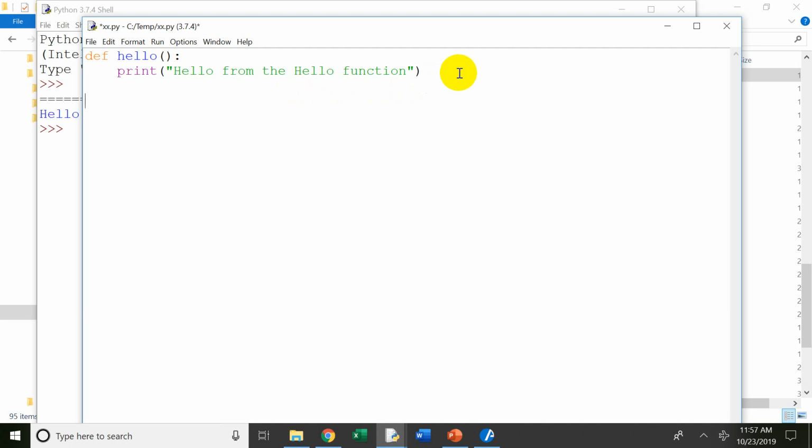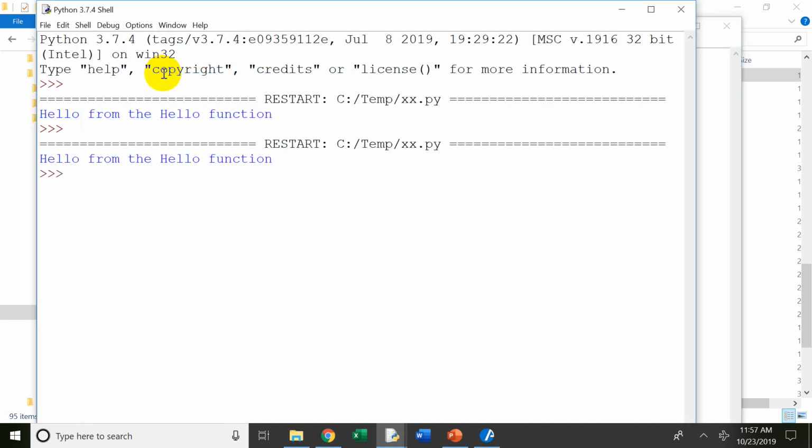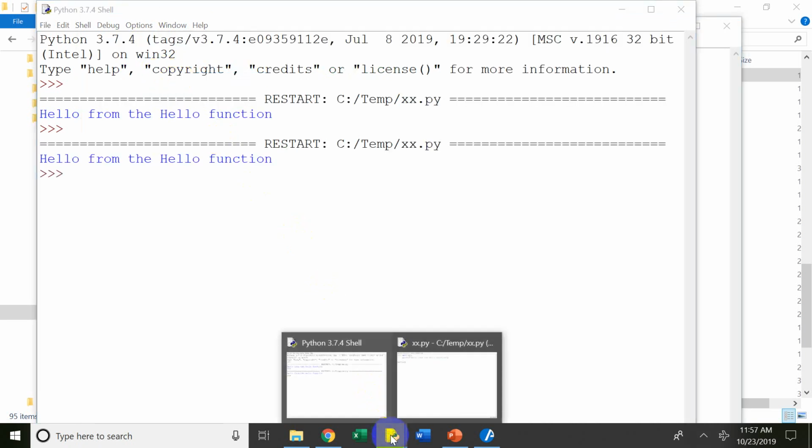How would I get this to execute? Panos? So this would actually work. Okay, everybody. So if I did this, I now have hello, it's not indented. This is not what I want, but you're right. That's a good answer. And now if I run this, it prints hello from the hello function, because what gets